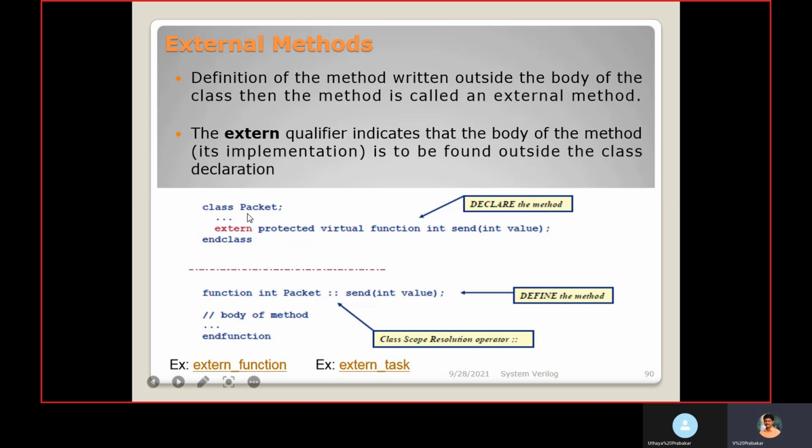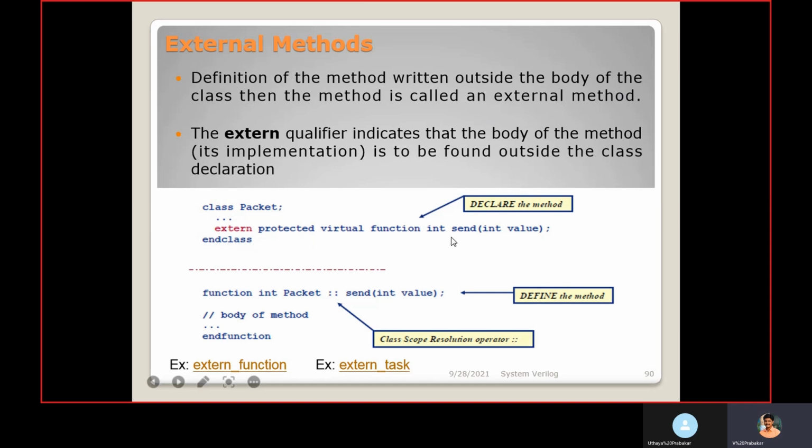See, this is one example. Class packet is the end class. Within that, we are declaring the method name using the extern qualifier. It is a protected type. That means for encapsulation we are using local and protected. Here it is the protected one.